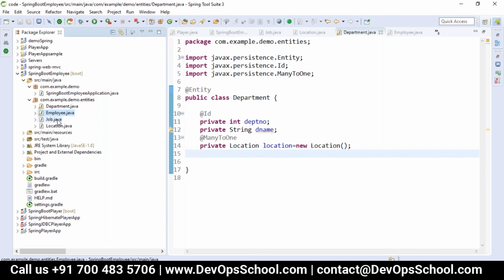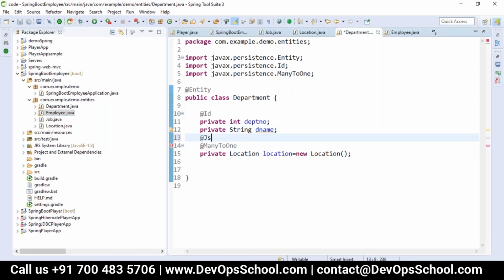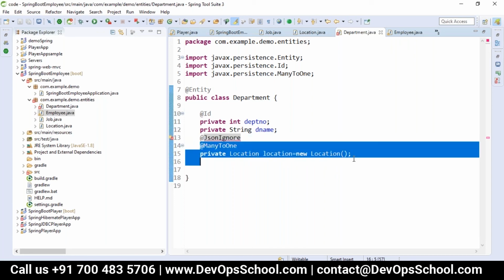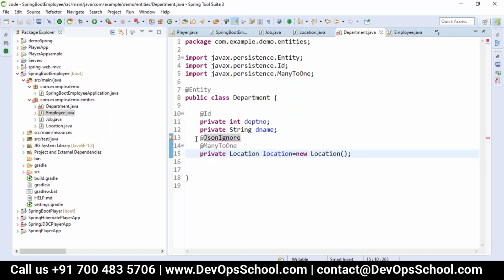The last part was not clear. Which one? JSON ignore? Yes. How do we prevent this Stack Overflow, this recursive dependency? Yes, we can mention it, but I don't have the library now. When we do the REST application, I'll add this. Here we'll have an annotation called JsonIgnore, so that we mention the relationships in the entity, but when I'm fetching my JSON data, because a REST API gives the data in the format of JSON or XML, we are not considering this relationship for JSON. We'll mention JsonIgnore.